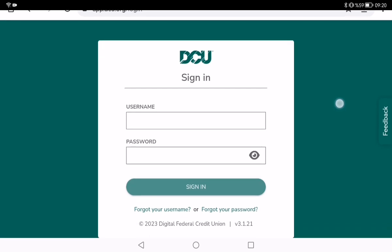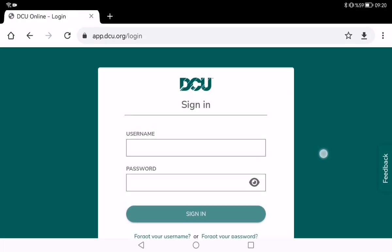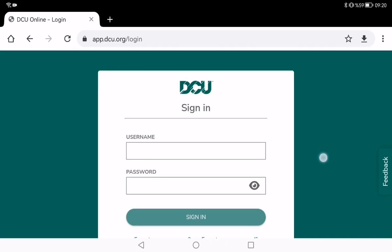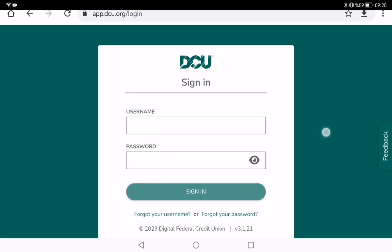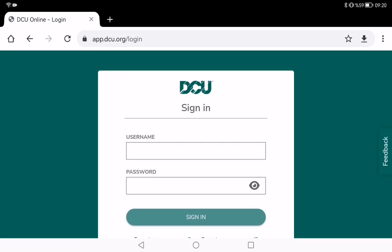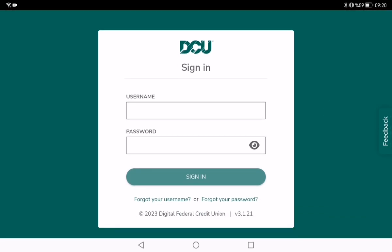DCU.org. If you want to become a member, if you want to be a holder of this card, you need to click the app.dcu.org page, and then you can sign in